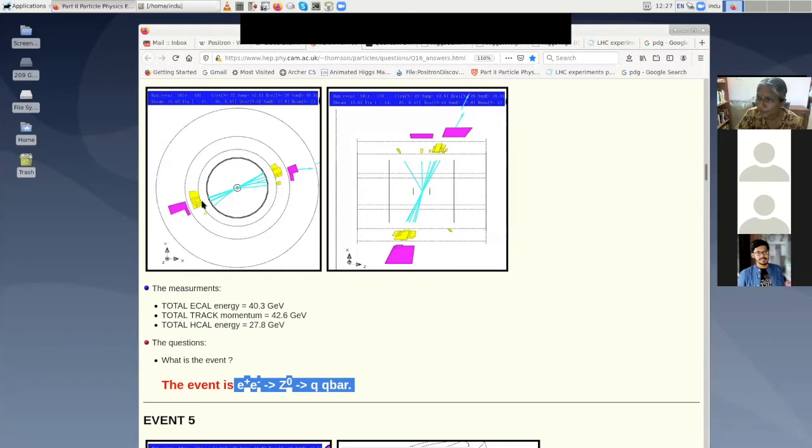So, ma'am, like you have written here q, so there can be up quark, down quark. Yes, all of them will be produced. And they will have different energies as they have different masses. You can see that the Z mass is 91 GeV. Okay, top quark is 180. Therefore, Z cannot produce top anti-top. So it can produce up to five quarks. And they will have different energy.